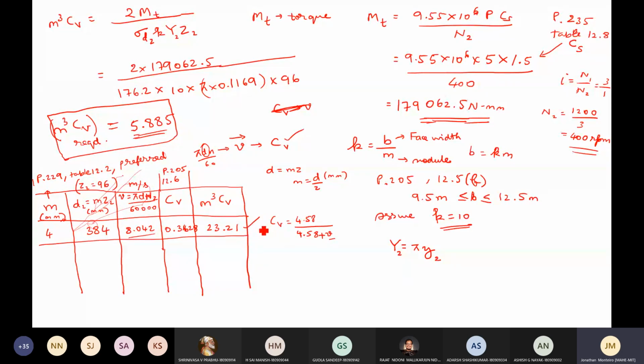But can you still optimize it? Can you still go down? Why would you want to use a 4 mm module, which is a large gear when compared to module 1 and module 2? So can we do it with a still smaller gear? Yes, go lesser than that. Say go to 3 mm, and 3 mm will give you some values. If you put 3 here, I don't have the values here, you can fill it up later. You can also iterate for 2.75 and 2.5.